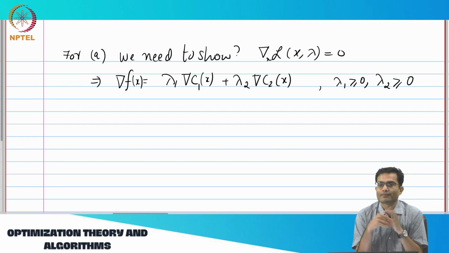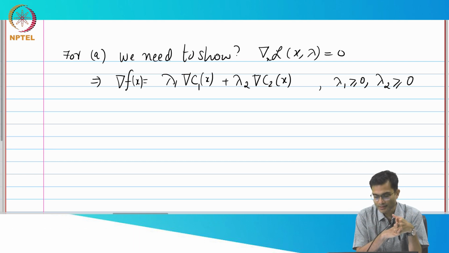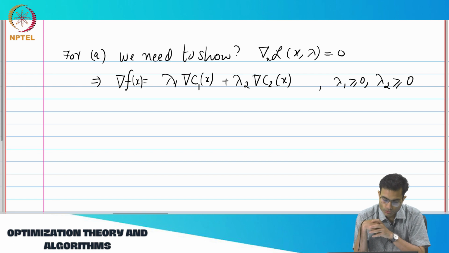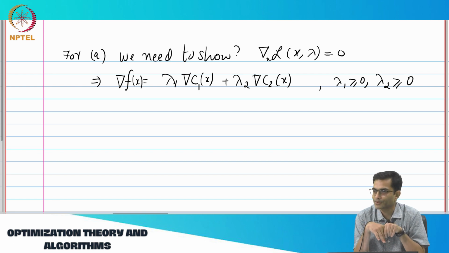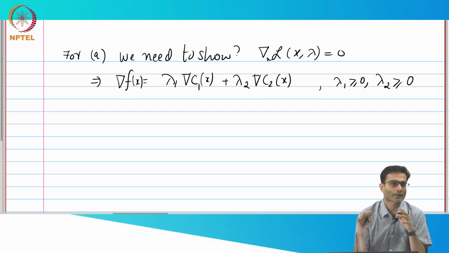Now we will keep flipping between algebra and geometry. This is clearly the meaning of grad L equal to 0, right? That's what algebra is telling us. Now I want to draw your attention to the right hand side of this thing. Think of lambda 1, lambda 2 as